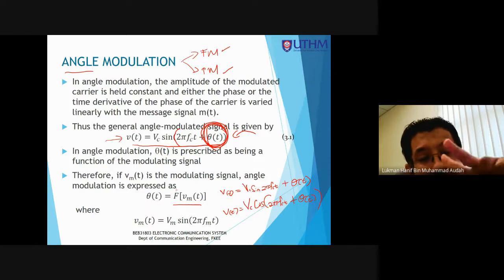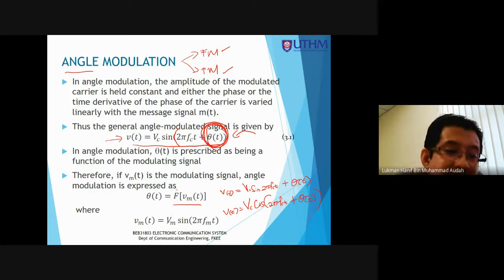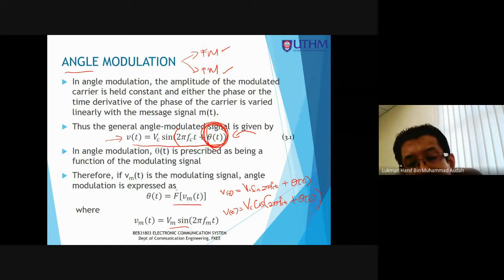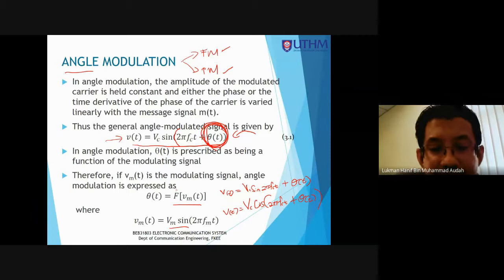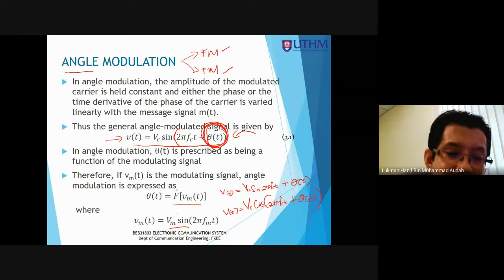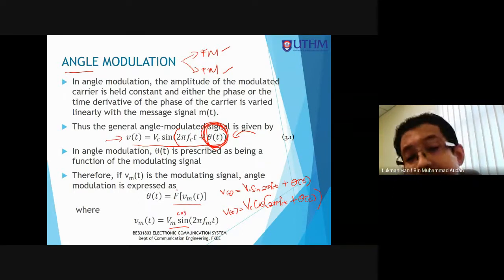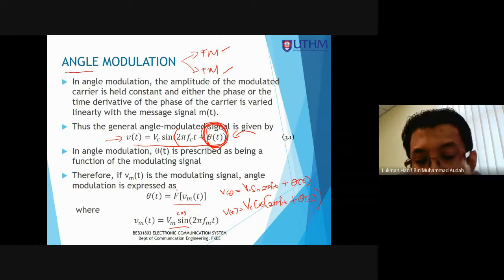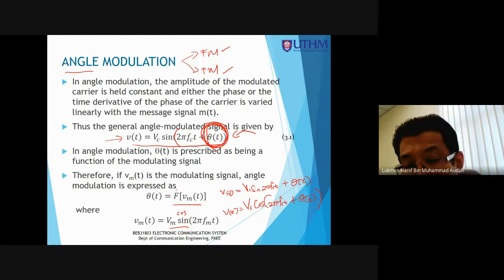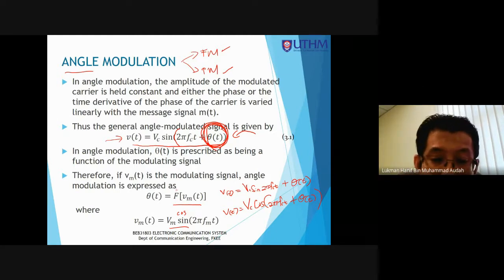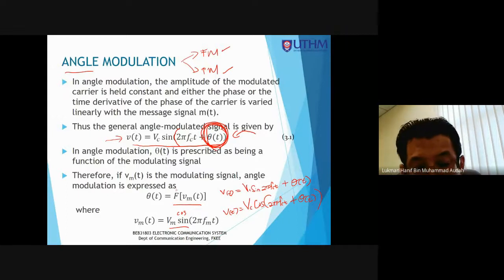Maknanya theta t ini selalu berubah. Dia akan berubah berkadaran dengan VMT. Of course dalam persamaan theta t ada VMT. Okay, which is this one. Dan in some literature books they use a cos. So no problem. Okay, nanti pun akan ada example tentang cosine. So no problem. Maknanya in your syllabus,